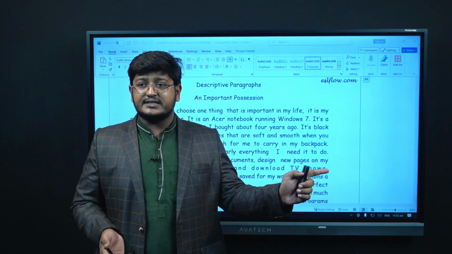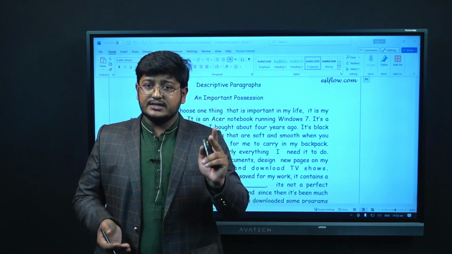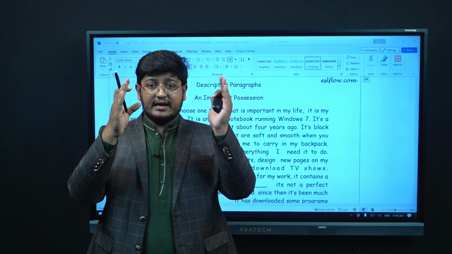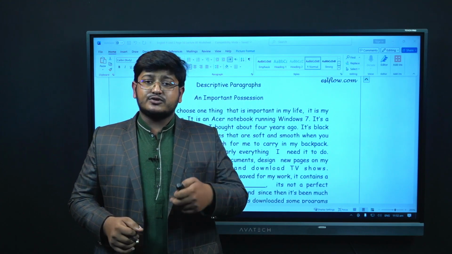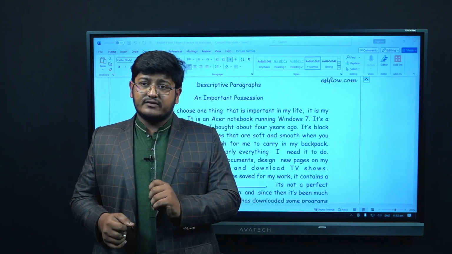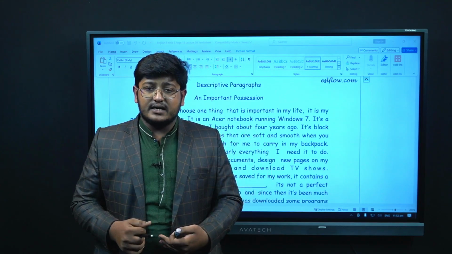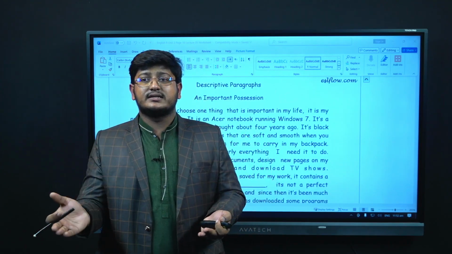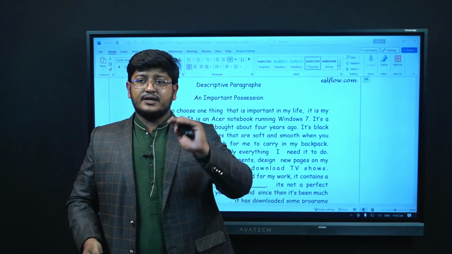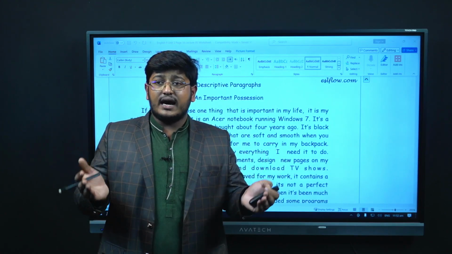So in descriptive essays, you have to follow the order, you have to follow coherence, you have to make your paragraph or descriptive writing in a very logical manner. To maintain that logical manner, we follow the transition words. The transition words help us to go from one thing to the other. Like firstly he does that, then he goes there, then he goes there. So then, firstly, however, but, these are all transition words.